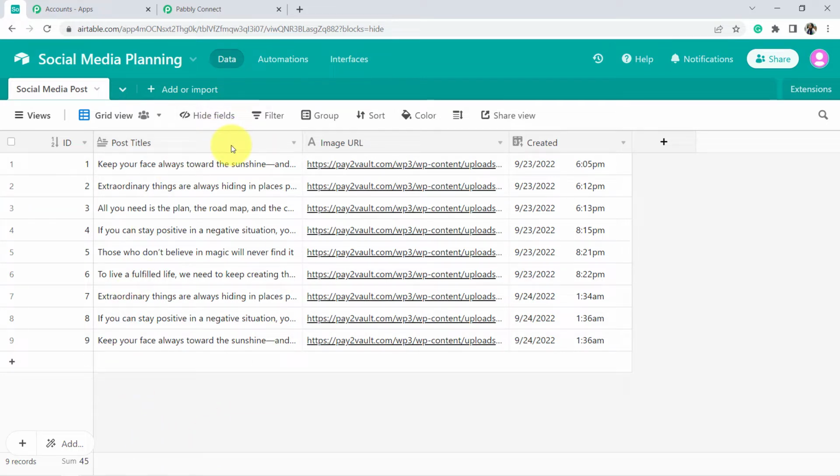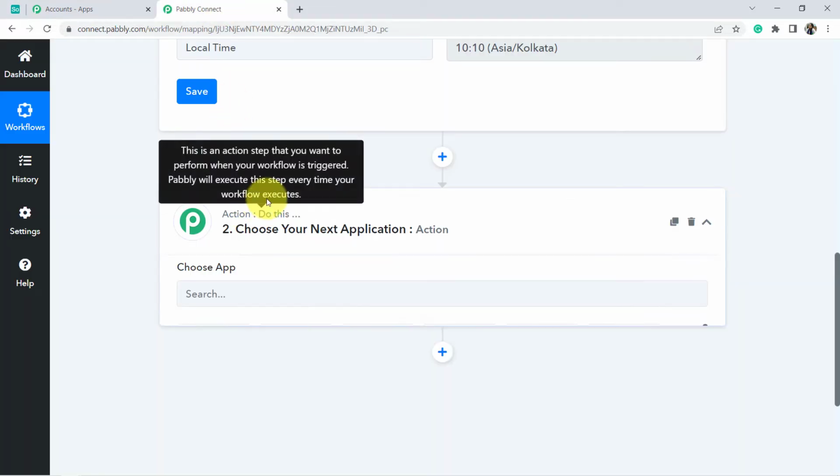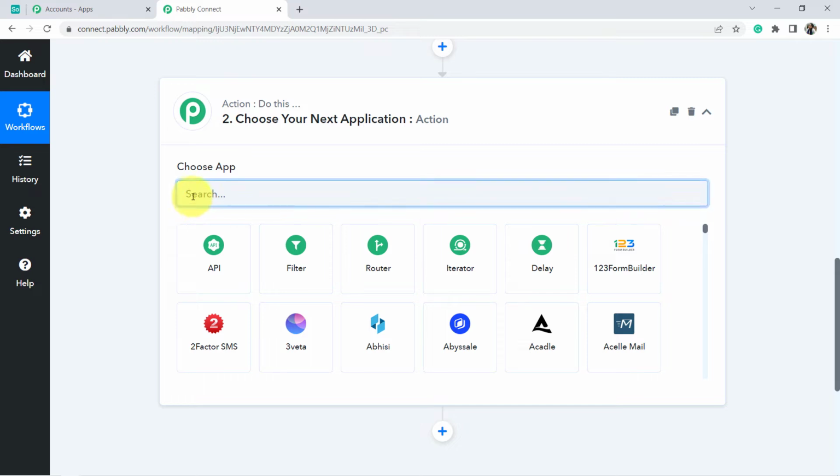So the advantage of this automation is that you just have to prepare content in bulk at once and create this automation, and then you can run it, and this is how you can automate your social media posting. Alright, so coming back to Pabbly Connect, to create this sequence scenario,